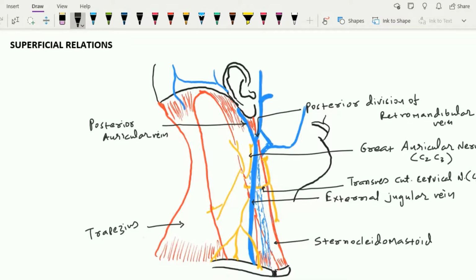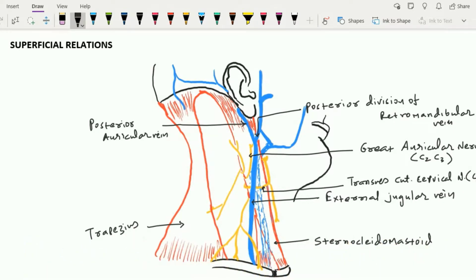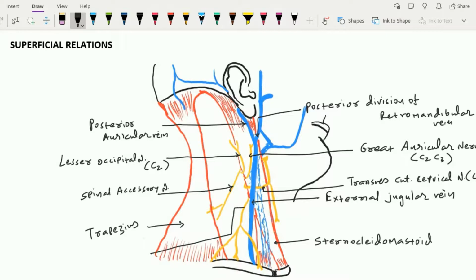When we see the structures passing from the posterior border of the sternocleidomastoid muscle, we find important nerves, and one of them is the spinal accessory nerve, which is looped superficially by this nerve, the lesser occipital nerve. This lesser occipital nerve has the root value of ventral rami of C2. One more structure present on the posterior border of the sternocleidomastoid muscle is this cutaneous nerve, the trunk of the supraclavicular nerve, which will further divide into three branches: the medial, intermediate, and